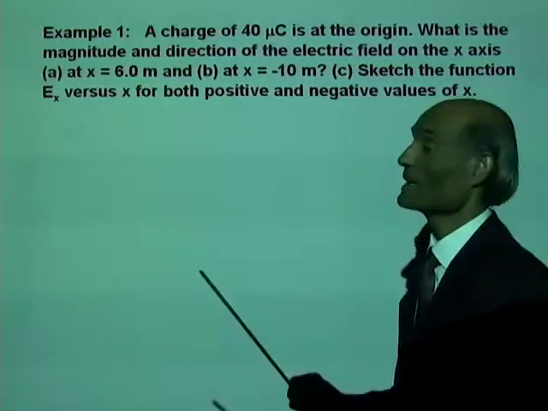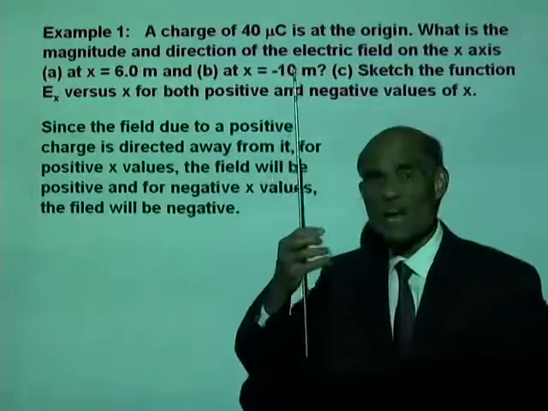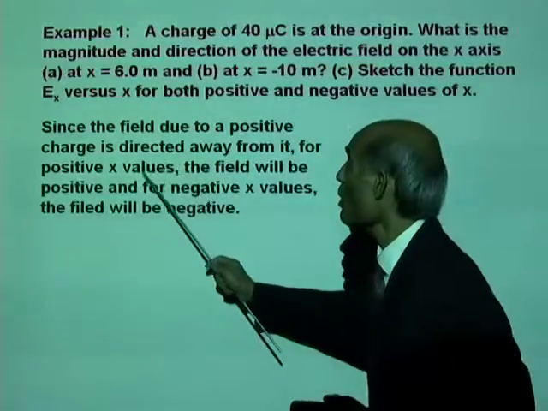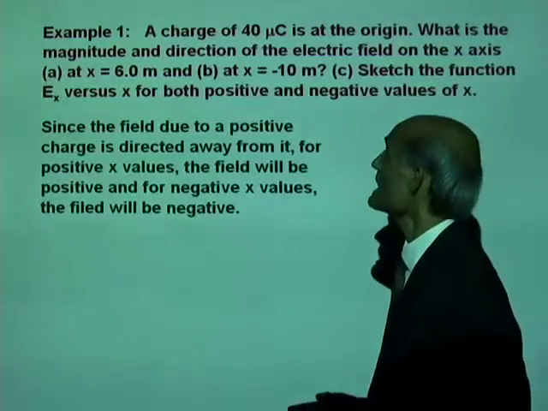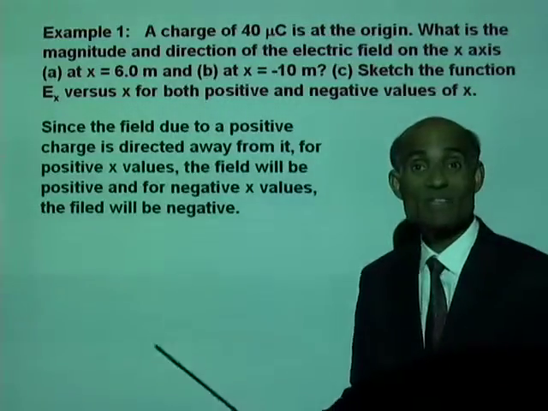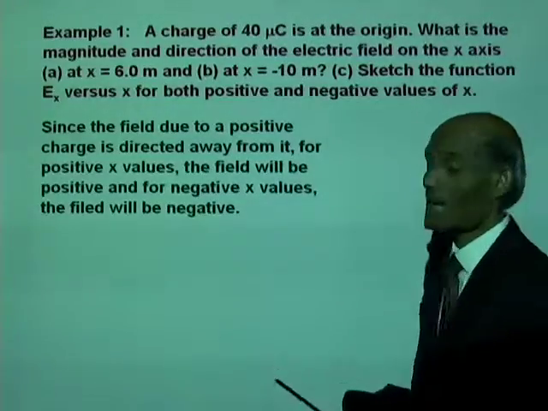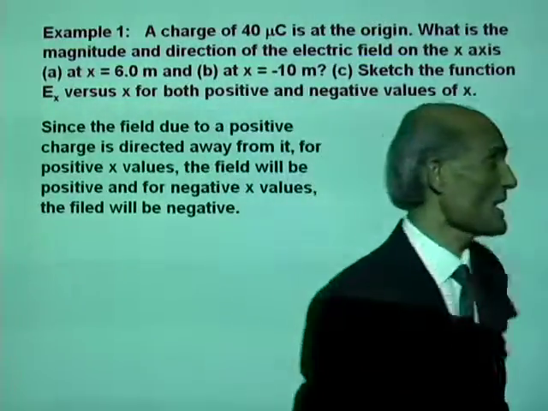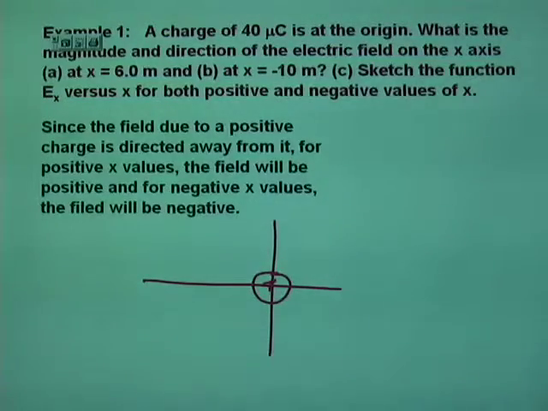Alright, this is a simple one. Let's do this one now. Since the field due to a positive charge is directed away from it, for positive x values the field will be positive, and for negative x values the field will be negative. Is that right? A charge of 40 microcoulomb is at the origin. So you have a charge of 40 microcoulomb placed at the origin. Here is the charge. Now the field to the right will be positive and